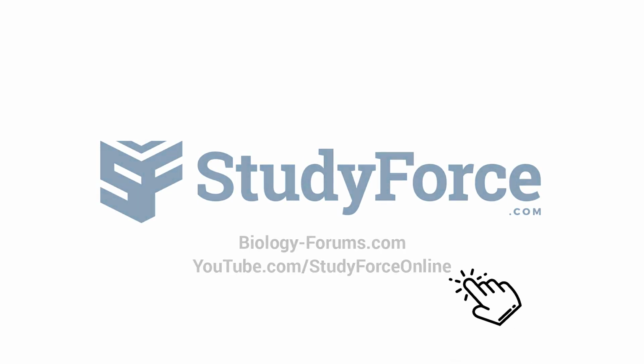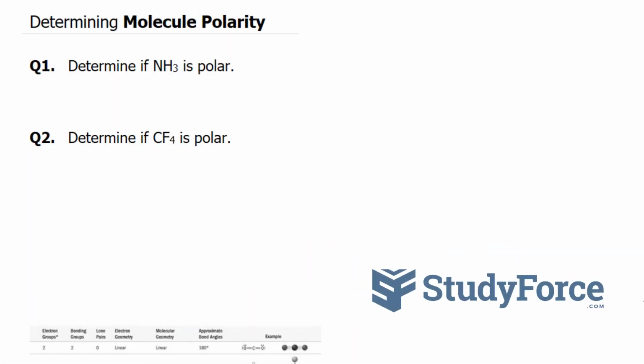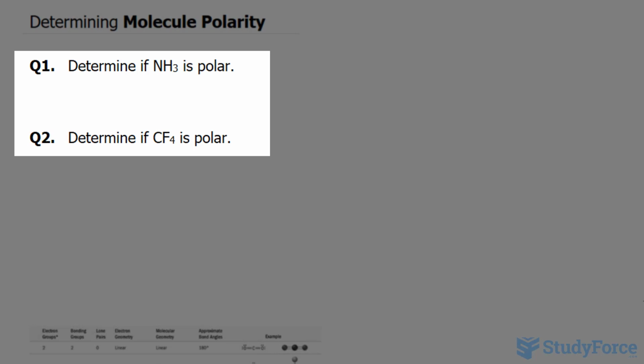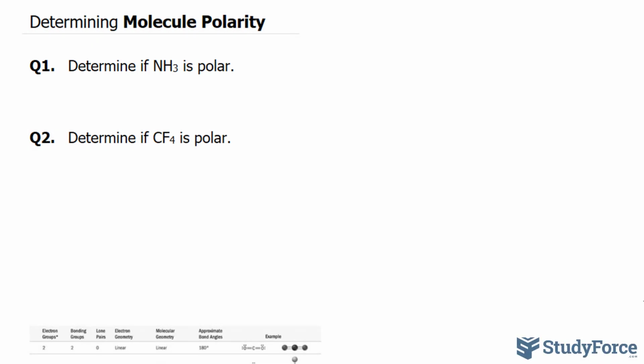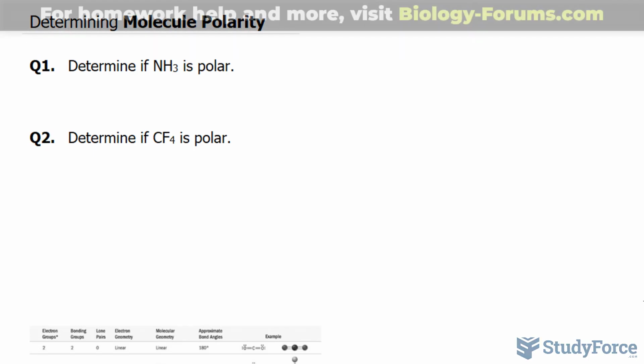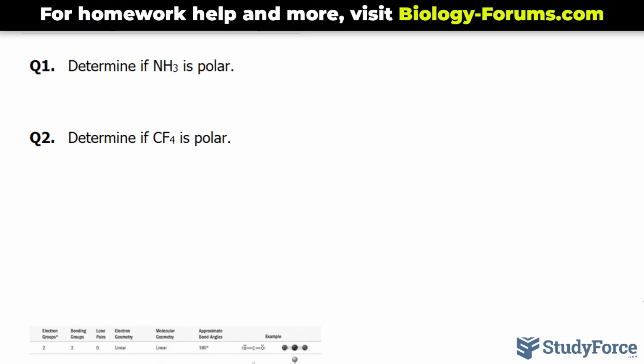In this lesson, I'll show you two examples on how to determine molecule polarity. The first of two questions reads, determine if NH₃, ammonia, is polar. The polarity of molecules depends on two things, its geometry and the electronegativity of the atoms. So with that being said, we need to come up with the molecular geometry of NH₃, and we start with